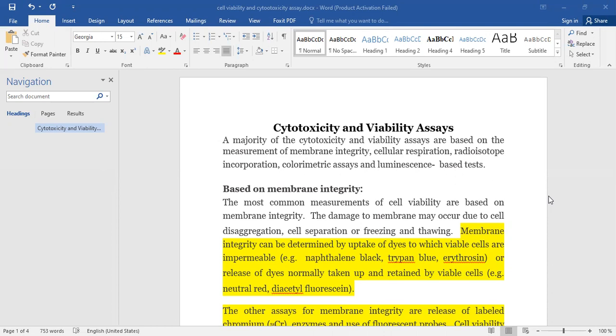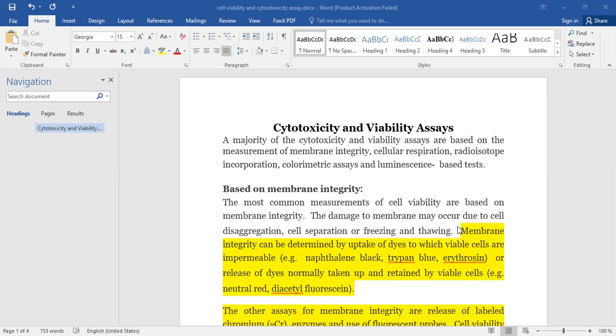and the damaged cells will not be able to survive. If damaged cells are present, then there is no need for the animal cell culture, so we must not proceed. So on a regular basis, we need to identify the number of viable cells and the number of damaged cells. What are the methods used for the analysis of viable cells? The first method is membrane integrity.